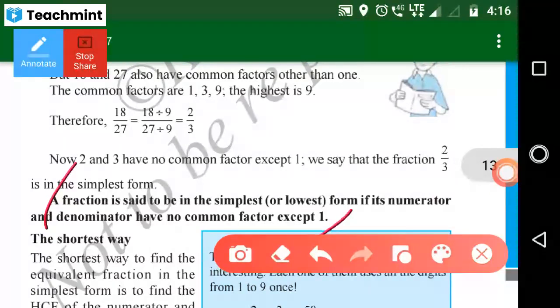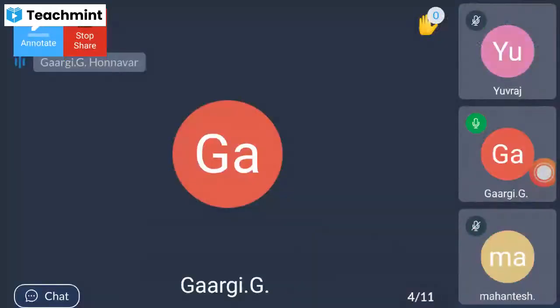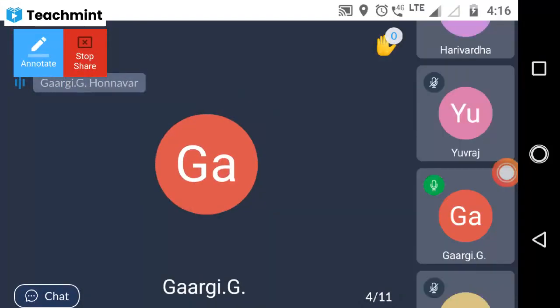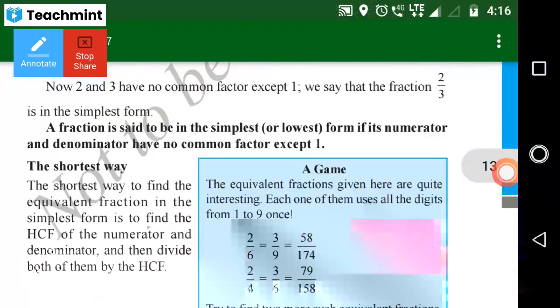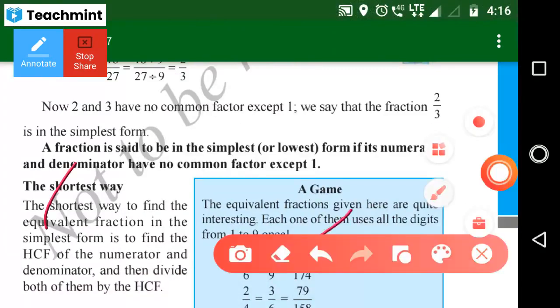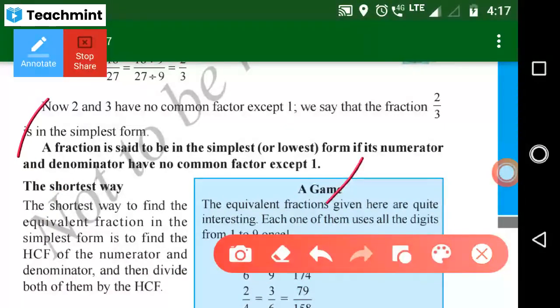Ma'am, if we get a composite number also, we still have to divide, no, ma'am, to finally get a prime number? Yeah, you just divide until you get the prime numbers, and then you stop. Otherwise you just divide. It means there are two ways. You can divide by single table, otherwise you can divide directly. Single table means you have to do so many steps. So the best is you just find out the HCF. Through this method you can find the simplest form easily.